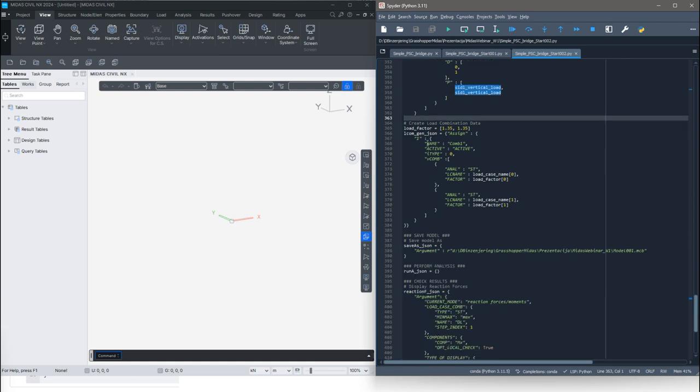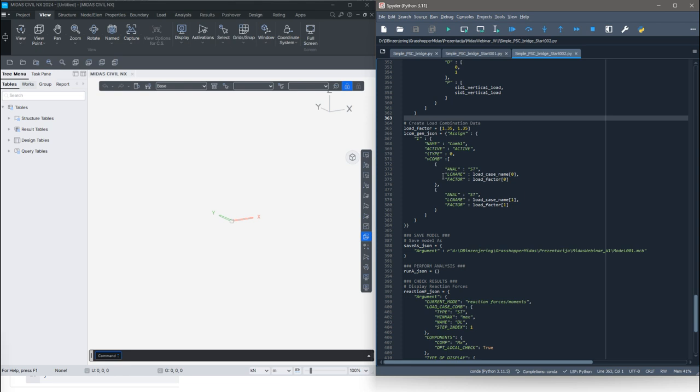In the next block of code, we create data regarding load combinations. We prepare body for the command to create load combinations. As you can see here, we define first one variable as a list with two items, both equal to 1.35, and inside this block of code we define body for this load combination generation command. As you can see here, it is one combination, it is called comb1. It contains two